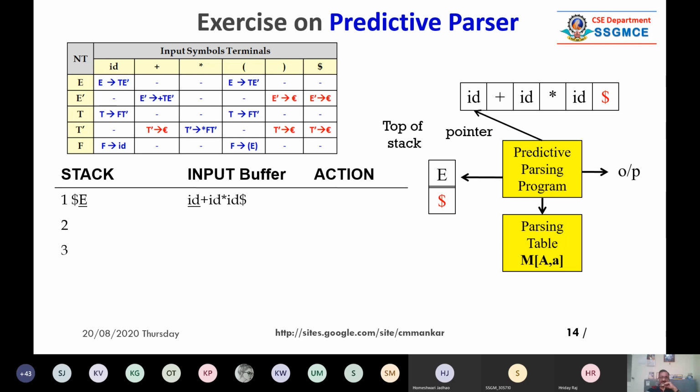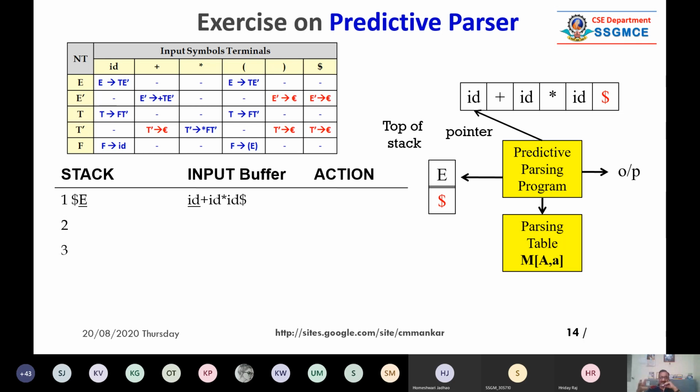So this I am doing underlining. This underlining tells that E is on the top of the stack. So whatever is underlined will be on the top of the stack. And in the case of the buffer, ID is underlined. It means that the pointer is pointing to that particular symbol. Let us say ID is a symbol. So right now, the yellow diagram is telling you that your pointer is pointing to ID, the first symbol, the leftmost symbol, and the stack pointer TOS is pointing to E.